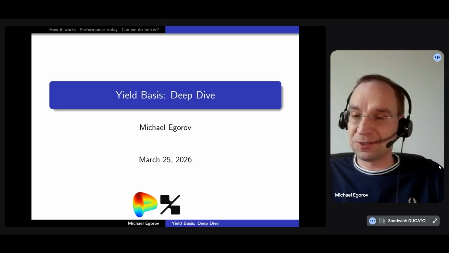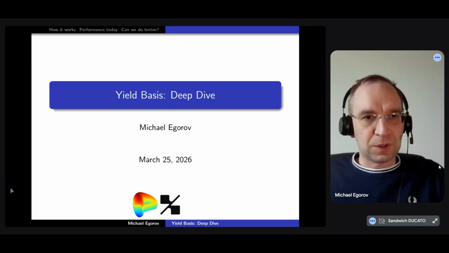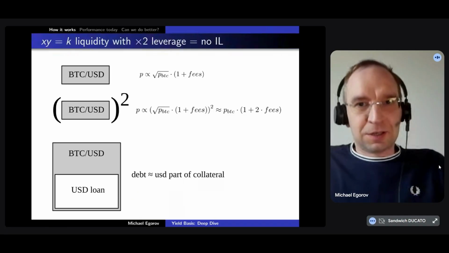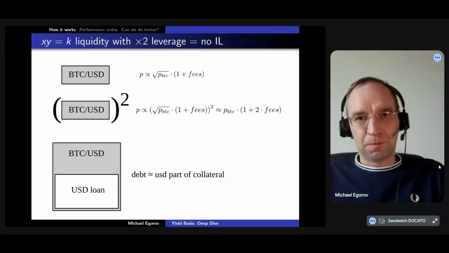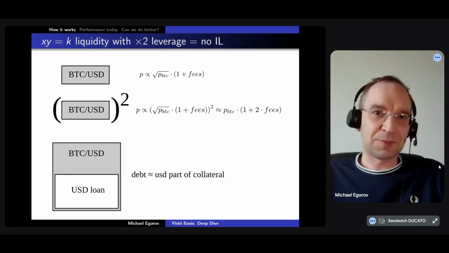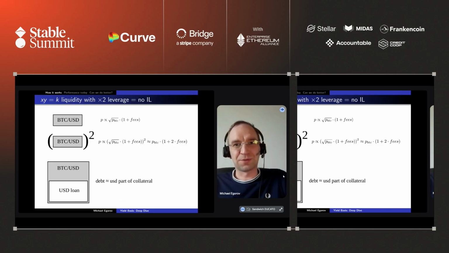To start, I still need to explain how it works a little bit. So let's dive in. As you're probably no stranger to using automatic market makers, most of you, I'm sure, provided liquidity in different protocols, and probably the most OG